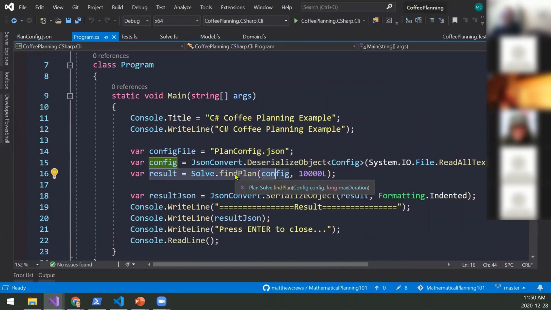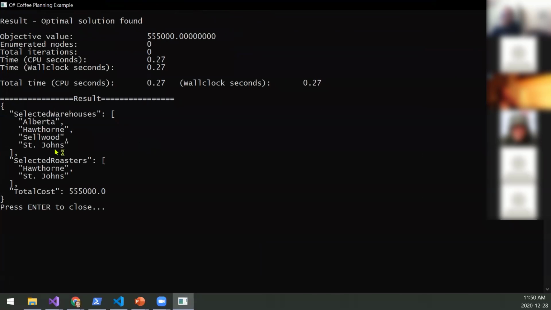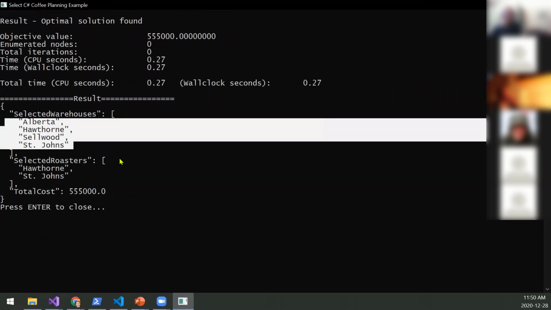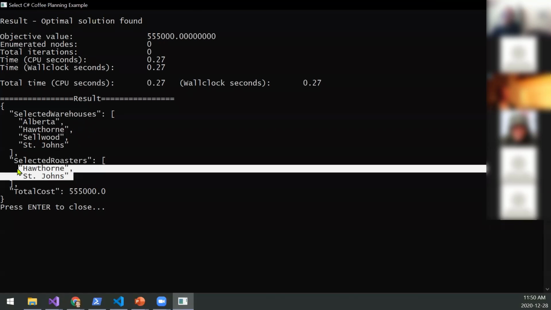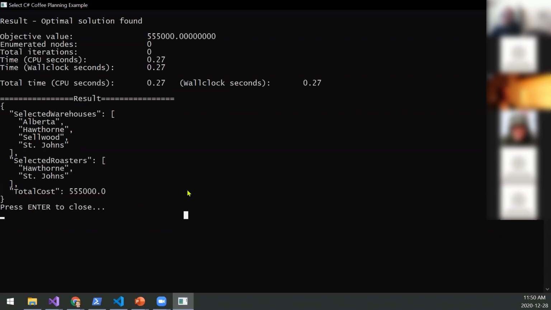I'm just calling the F# code and everything plays nice and works as intended. I'll go ahead and run that. We're saying I selected these warehouses, I selected these roasters, and this is what the cost is. Very easy and straightforward.